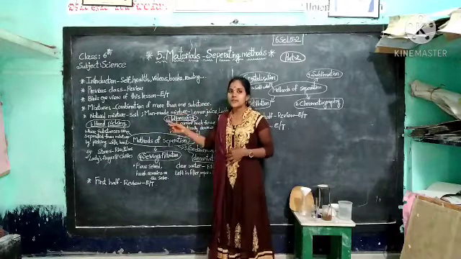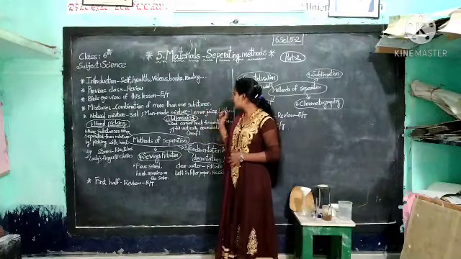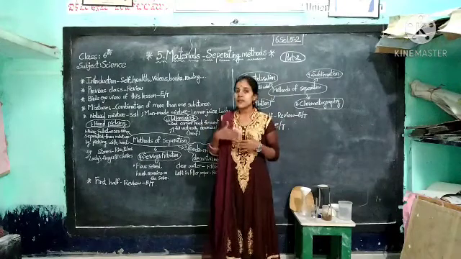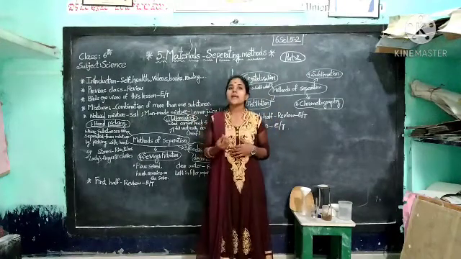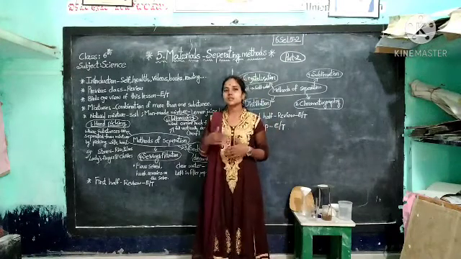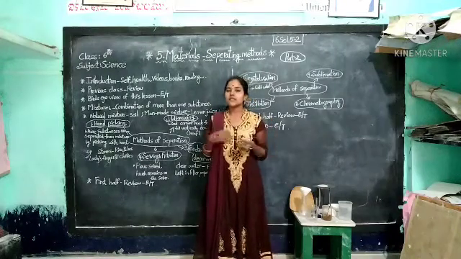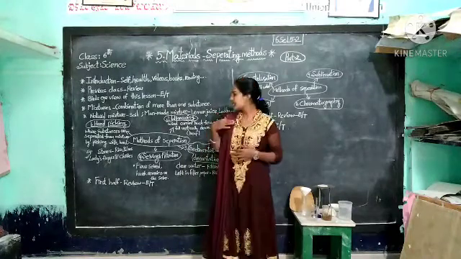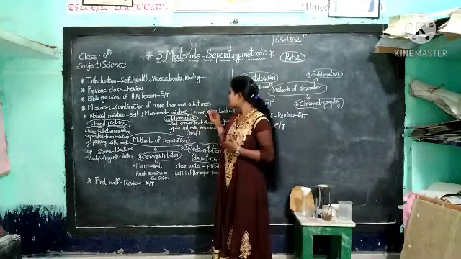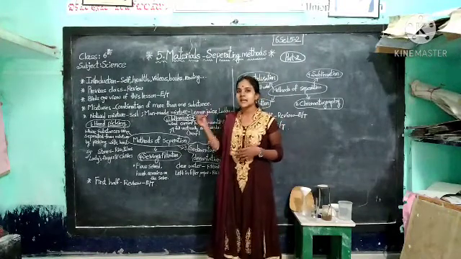Like that, some of the mixtures are man-made mixtures, like laddu and preparation of tea, whatever it may be. Man-made mixtures. Okay, here you see lemon juice. What are the substances needed to make the lemon juice? Very good. Lemons, sugar and water. By using these three substances, we get the mixture of lemon juice. This is a man-made mixture because this juice is made by man. That's why it is a man-made mixture.